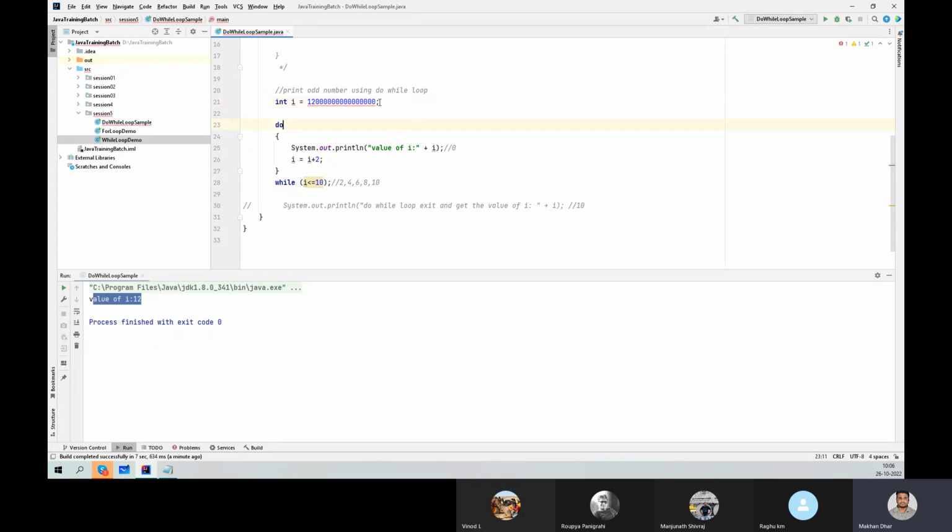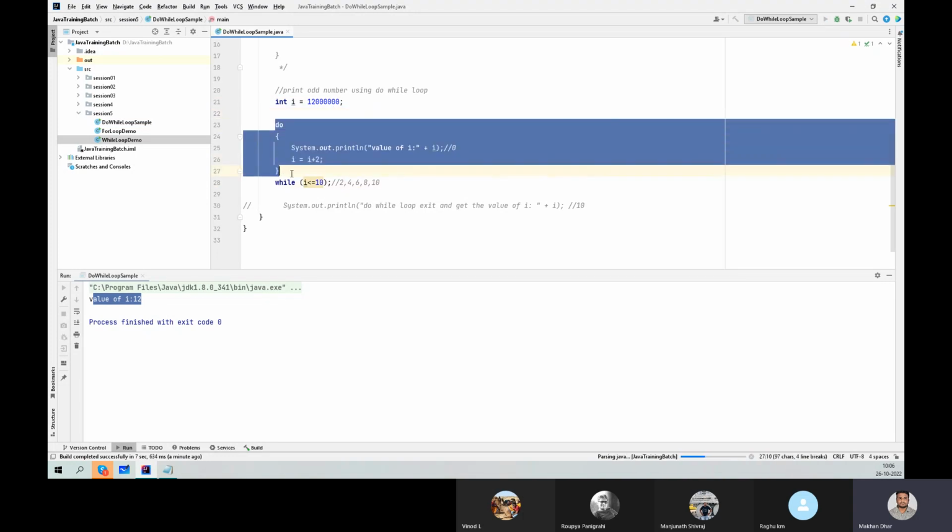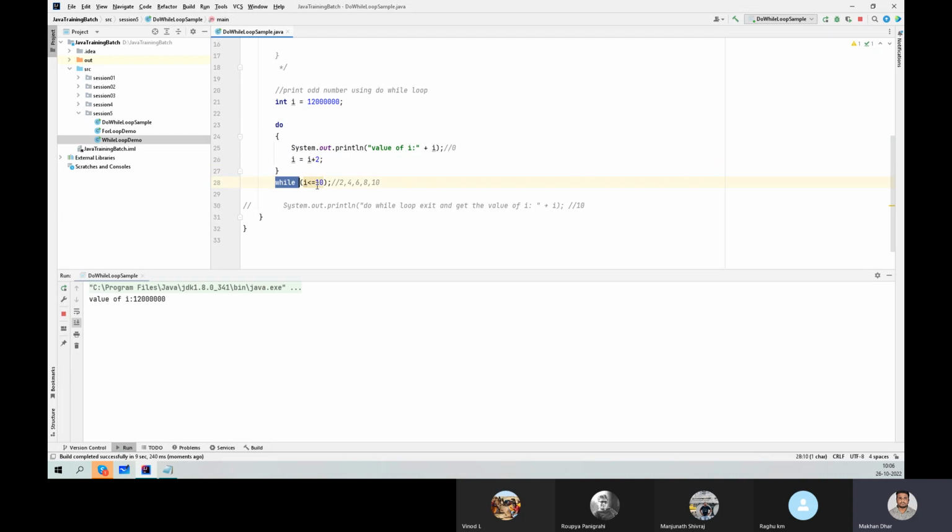अभी मान लो मैं इतना बड़ा भी लिख दूंगा, सॉरी नहीं आएगा, बट सिंटेक्स करेक्ट होना है। ऐसा नहीं है कि कुछ भी उठा के डाल दिया, हाँ? तो सिंटेक्स और रेंज एवरीथिंग शुड बी ओके। अभी ये डालो यही प्रिंट आएगा, बिकॉज ये चेक नहीं कर रहा है यहाँ पे। यहाँ पे फर्स्ट टाइम आपको बोल रहा है कि यू आर फ्री टू एग्जीक्यूट, गेट द आउटपुट, बट सेकेंड टाइम वी विल टेक केयर अबाउट योर कंडीशन वट एवर यू आर पुटिंग। सो ये डिफरेंस है डू वाइल लूप का।